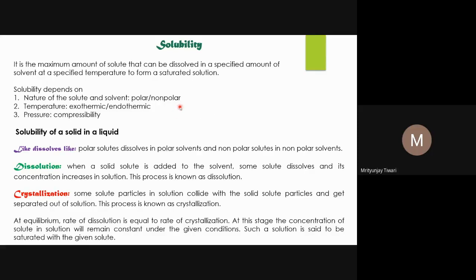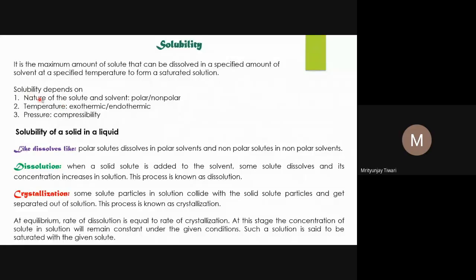An example of a non-polar solvent is benzene. We know benzene is an organic solvent and it is a non-polar solvent. Why? Because the benzene structure is planar and there are 6 C-H bonds. All the bonds have certain bond moments. They are polar bonds, but there are 3 pairs of opposite bonds and each pair cancels out the bond moments of the other in the pair, and that is how we get a net dipole moment of 0. So there are many molecules. Carbon tetrachloride is another non-polar solvent. You can see many such examples of non-polar solvents as well.